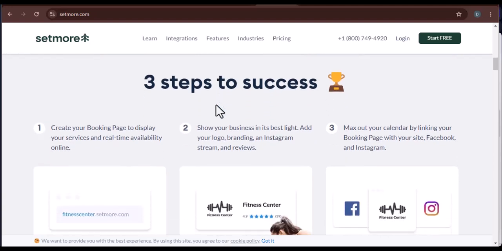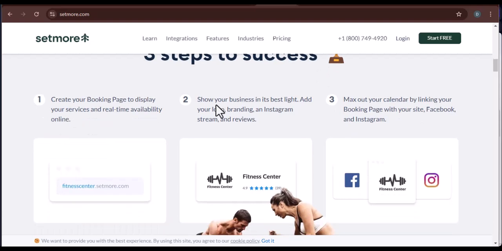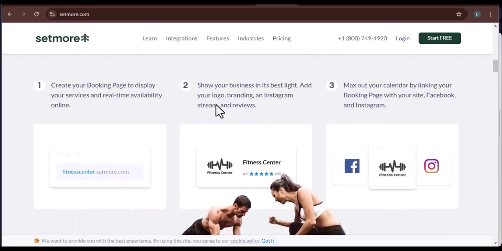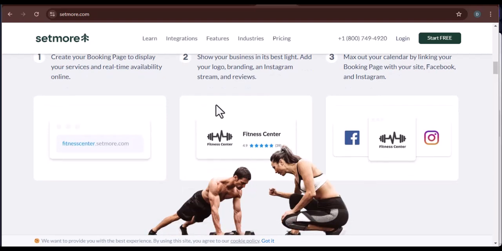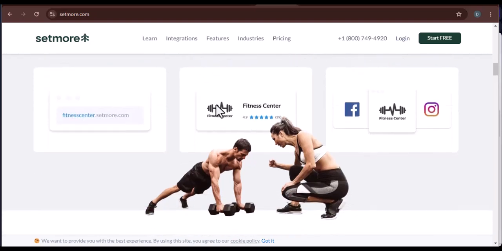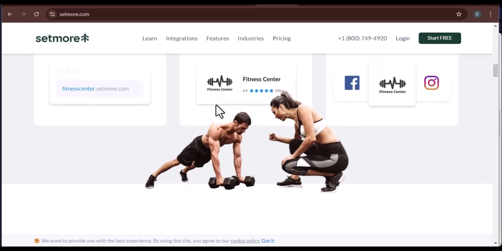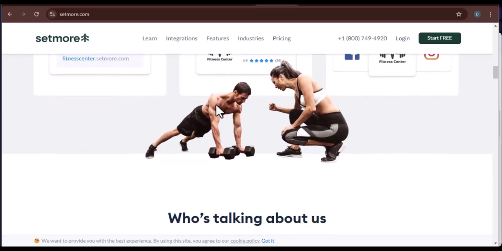So, if you're looking for a simple yet powerful way to streamline your booking process and turn your Linktree into a lead-generating machine, integrating with Setmore is definitely worth considering. It's about making it as easy as possible for your audience to connect with you